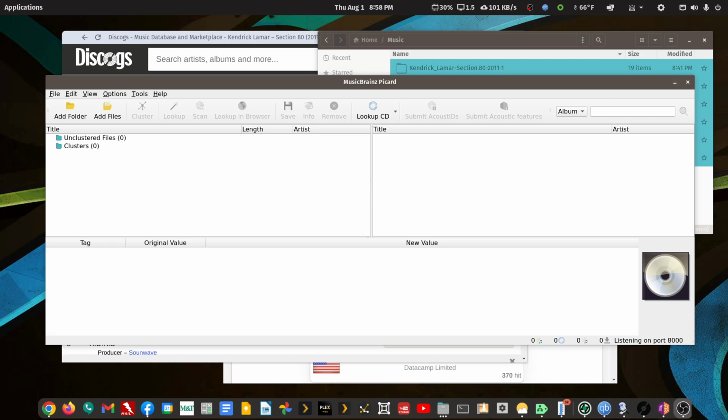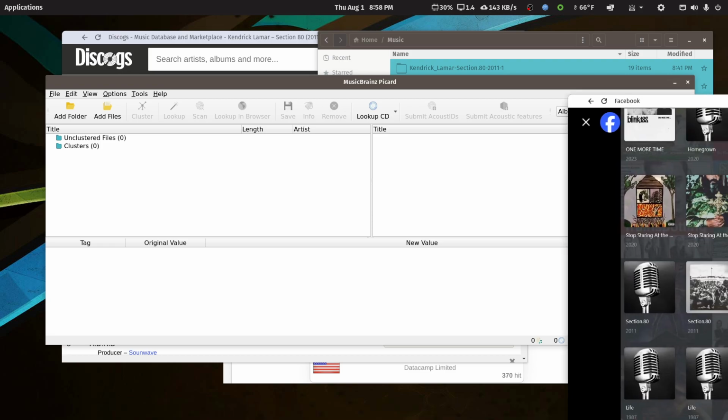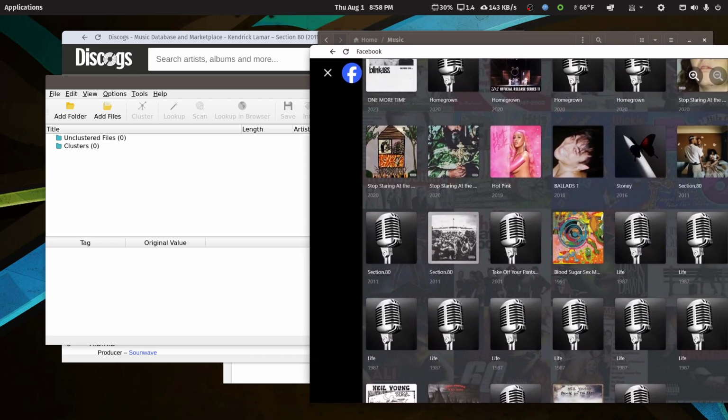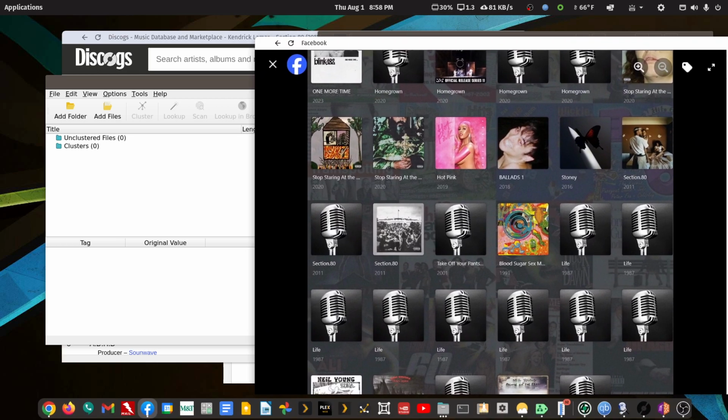Let me bring in a screenshot from the Facebook post. I'll bring it partially on so we don't give his last name away. So, some automatic music in his library did not scan right. So we see Section 80, we see Life, and it's pretty easy to determine this is a Neil Young and Crazy Horse album from 1987, and this is a Section 80